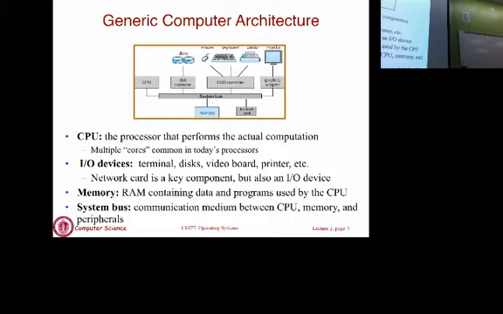System bus is the main interconnect in your machine. There are additional buses that are designed specifically for I/O devices. PCI is an example of it. If you haven't heard of PCI, don't worry about it. When we come to I/O management, we will talk about it in more detail. Okay? So that's a very general picture of computer architecture, what's inside a machine.